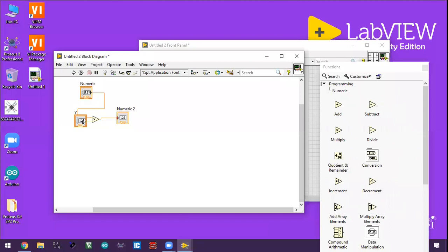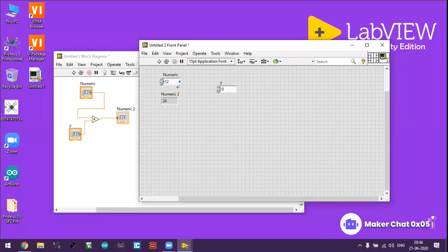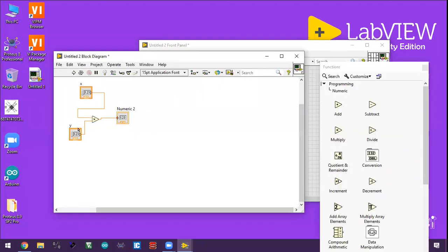It will automatically add that part in the front panel. So this is the x and this is y. So I have to rename it with x, and this is y. So you can multiply x with y and give the output to numeric 2 value.